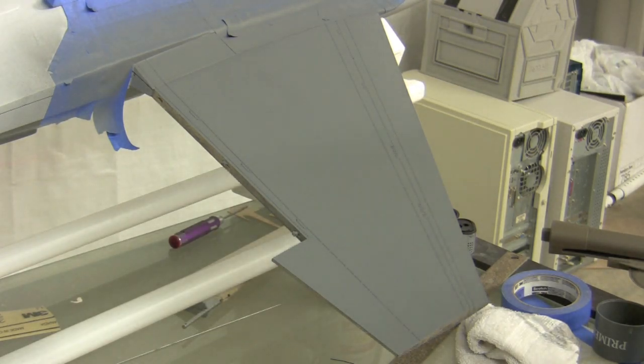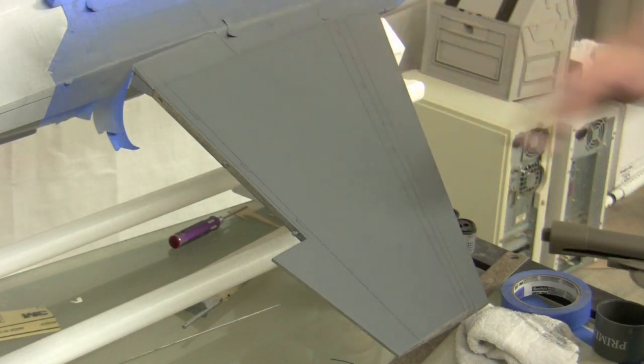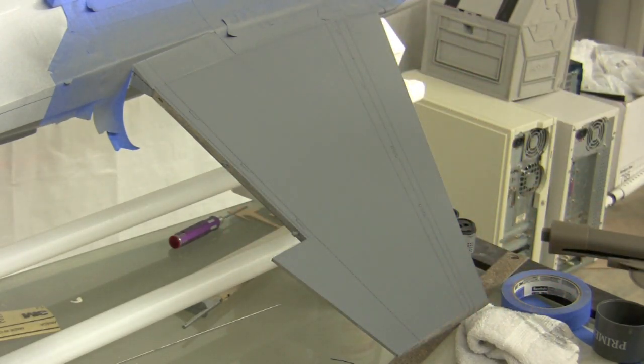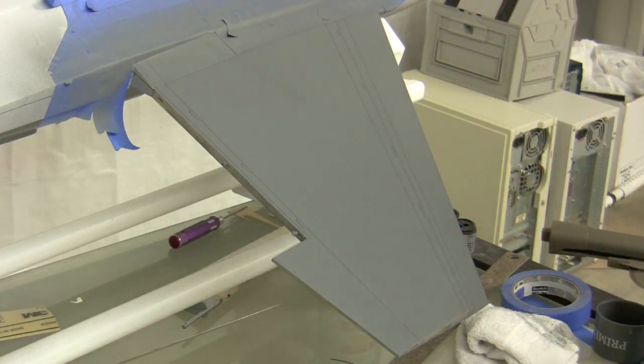Okay, I'm going to let this set up for just a second here. This stuff dries pretty quick, so I can add another layer here shortly, but I'm going to focus a little bit more just on the panel lines. You don't want to put it on too thick because you don't want your wing to have a funky shape to it,